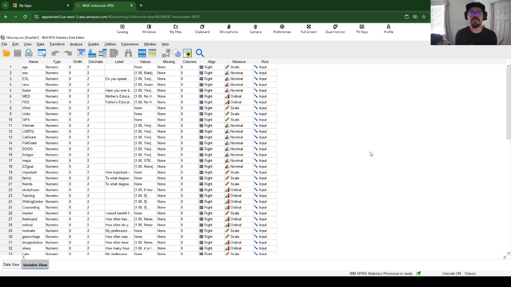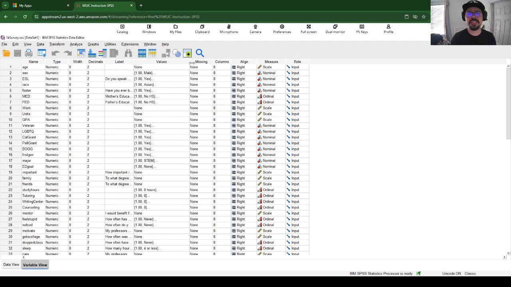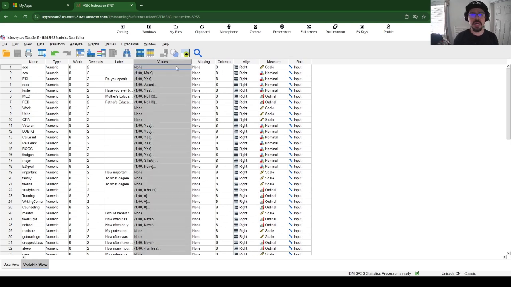Because we are comparing three or more groups, we have to ensure that our independent variable has at least three groups within it. The way that we ensure this is through the values column. Remember that it's through the values column that we take the categories of the variable and identify a number to correspond with that group. With our race variable, I think there are 7 different categories. For this example, I think we're going to keep it closer to just 3 categories if we can find an appropriate